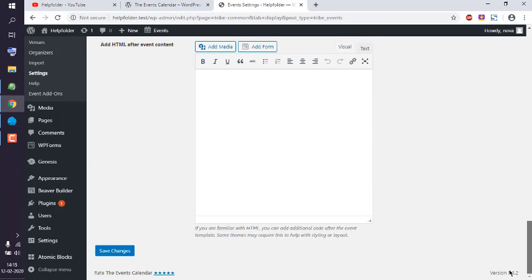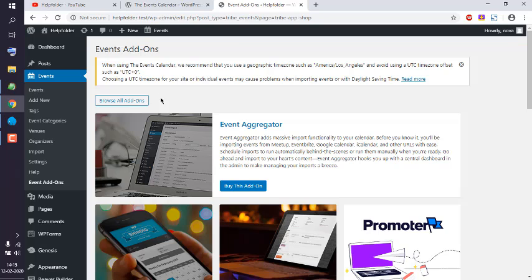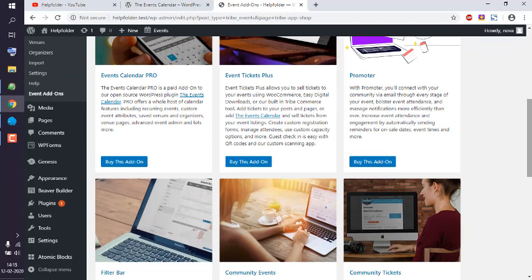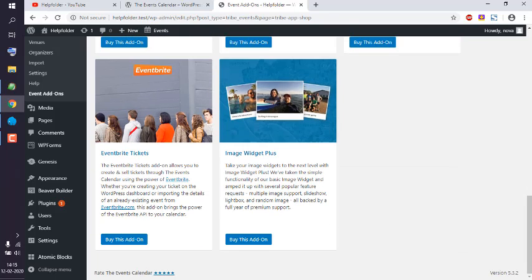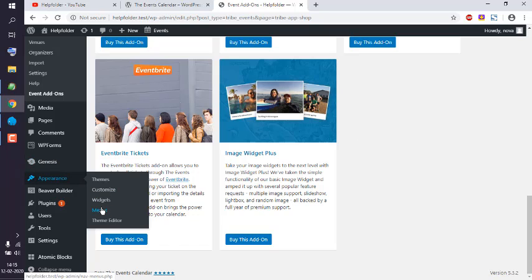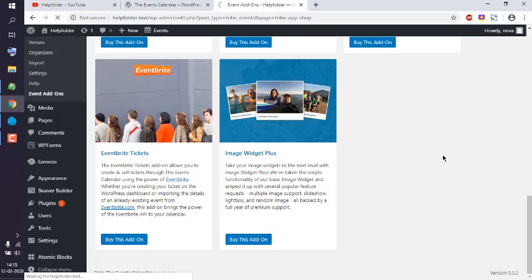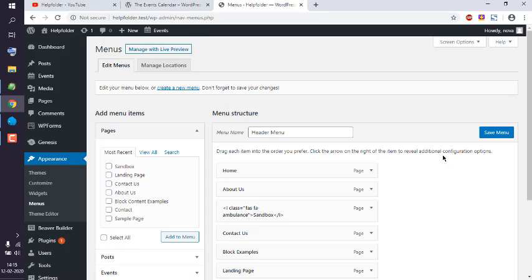Okay, so what we'll do is we will simply first go into event add-ons, and I will show you what are the add-ons that you have available. So these are the list of add-ons that you can purchase and include with your pro version. Okay, next what we will do is we will include events into our menu so that it will have some